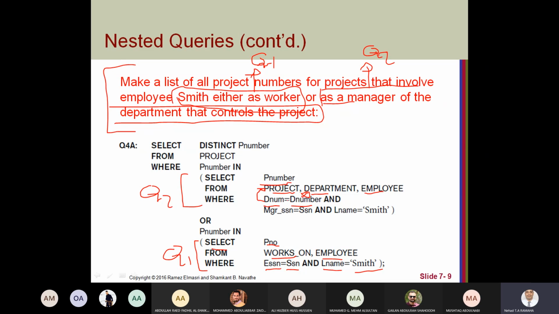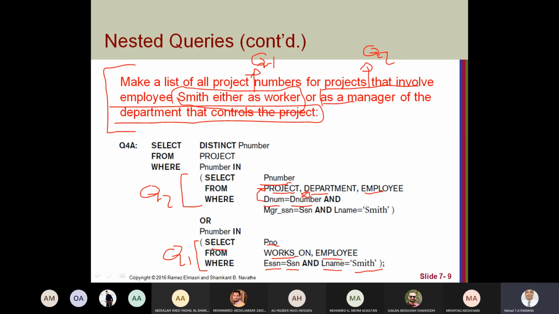Actually, any condition like this with equals is a join. Okay, it's similar to something we call inner join, which connects two tables. We will take inner join later.